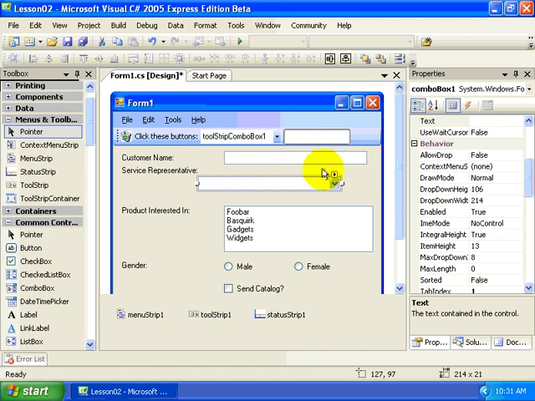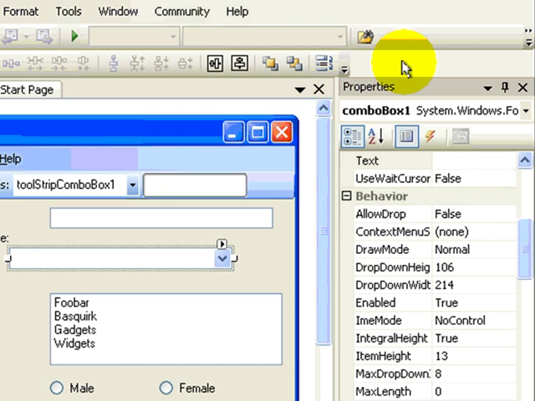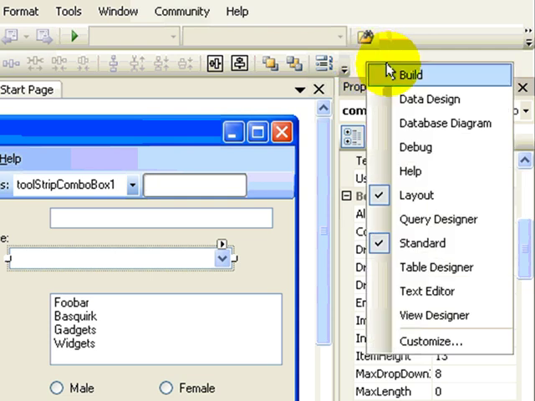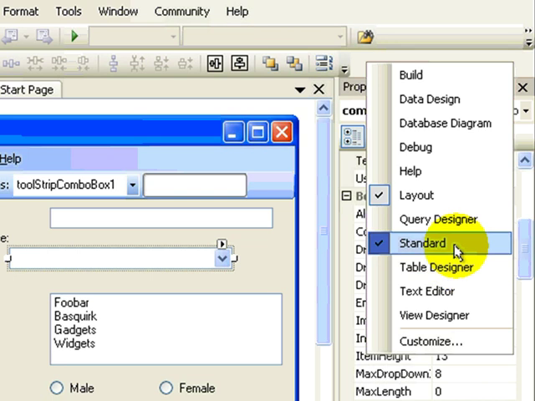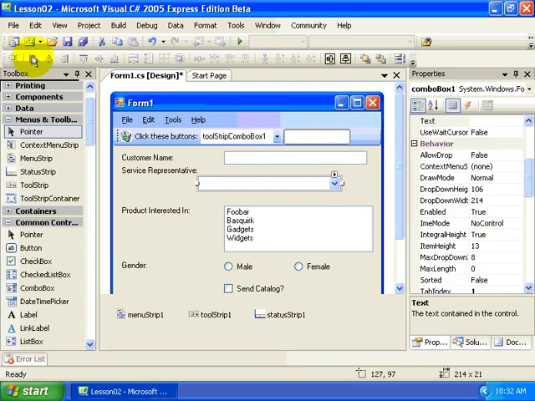There's something called a layout toolbar that's available, and if you don't already have it visible whenever you're in your design view, what you can do is come to some blank area in Visual C# 2005 Express Edition, right-click in any open area, and view the toolbars that are currently available. As you can see, I have the standard toolbar available. That's the top toolbar. And then I also have this layout toolbar available. And let me show you how to use that. But if you don't already have this on, you want to click this and make sure that there's a little check mark next to the word layout, and then that toolbar should appear in your toolbar area at the top